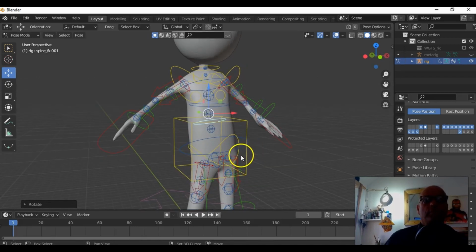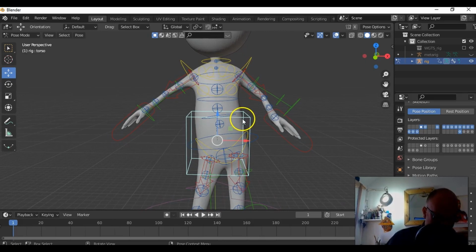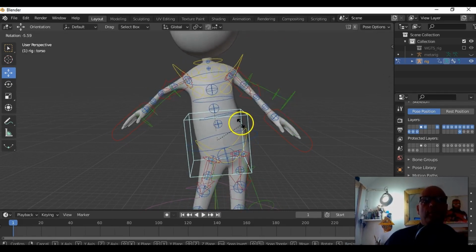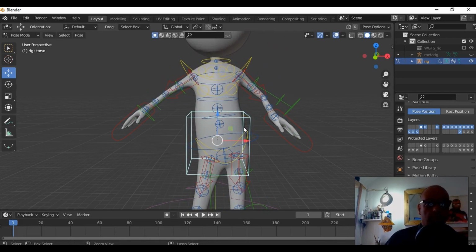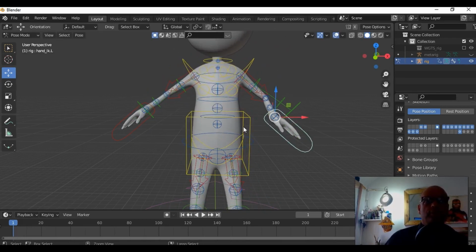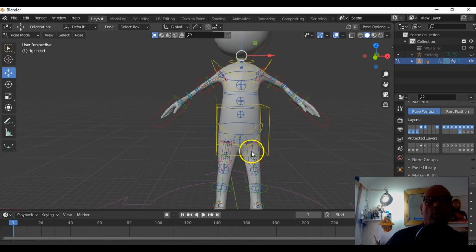And then you've got other things like the actual box, which sort of controls the kind of hips, and that's going to be good for like walking, right? So we kind of like shifting the hips from side to side. Again, I'll just Control Z these out. And then we've got the